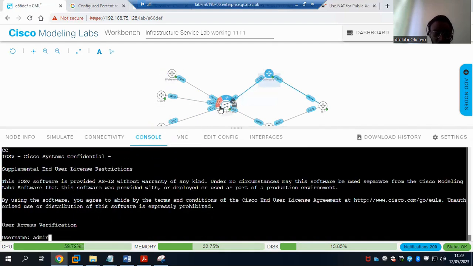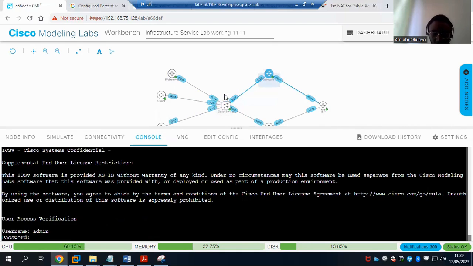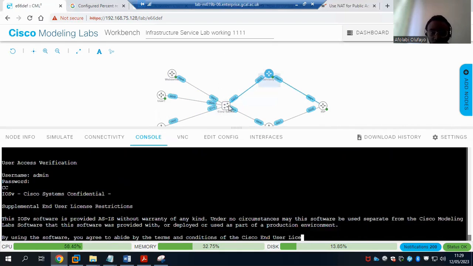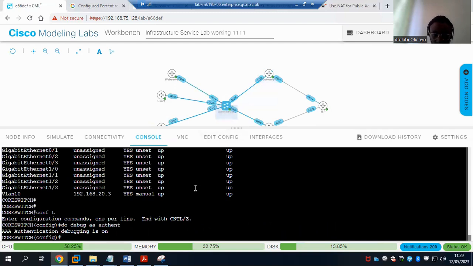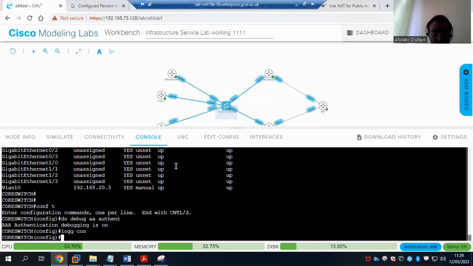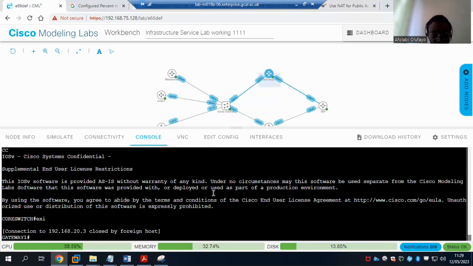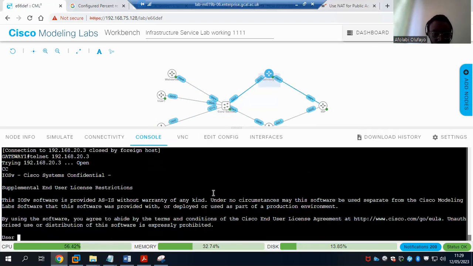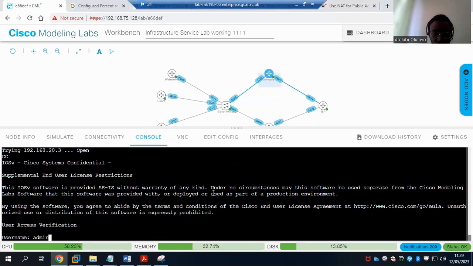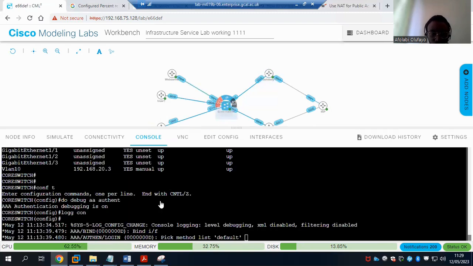And I'm able to access it, so it tells me that AAA is working, and I have DHCP running here.